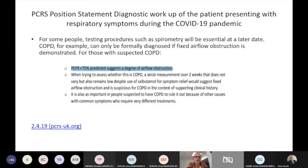So this is just the position statement from the Primary Care Respiratory Society about diagnostic work. There we get the information about the under 75% predicted suggested degree of airflow obstruction. And when trying to assess the COPD, that serial measurement over 2 weeks that does not vary, but also remains low despite salbutamol for symptom relief, would suggest fixed airway obstruction and is suspicious of COPD in the context of